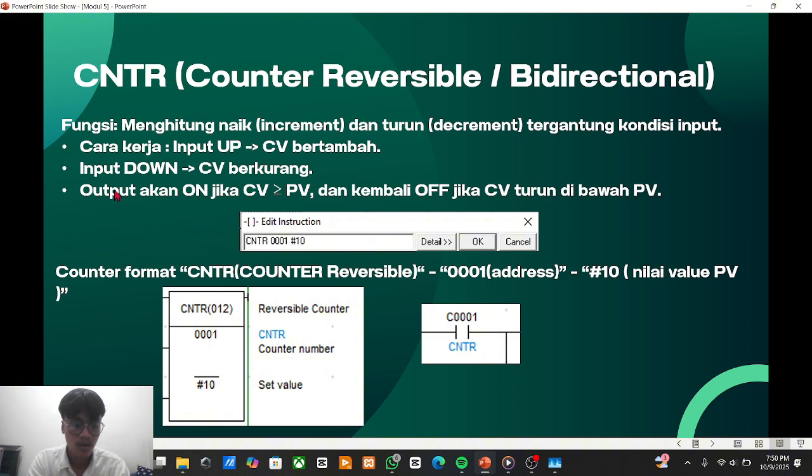When the down input is active, the CV decreases. The output turns on when CV reaches the PV preset value and turns off again when CV falls below PV. Counter format: CNTR counter reversible, 0001 address, hashtag preset value PV.